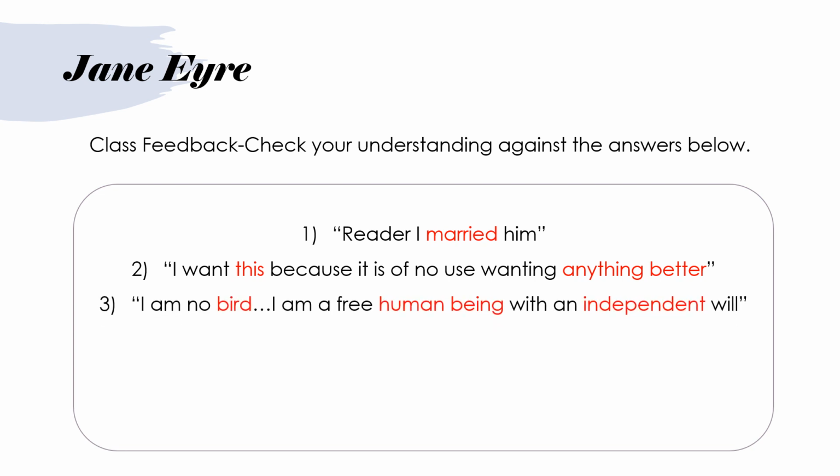Number 3, "I am no bird, I am a free human being with an independent will." So this shows that Jane is trying to subvert the social expectations that were expected of her at the time. So generally speaking, as we think about with the context as well, women had a very limited choice during these days. They would have really been trying to aim just towards getting married, again as we looked at the start. This actually shows that she is a much more radicalised character and very different from the normal one that we'd